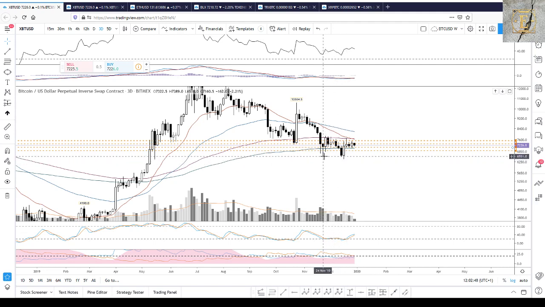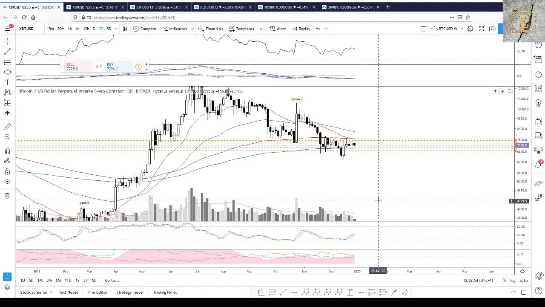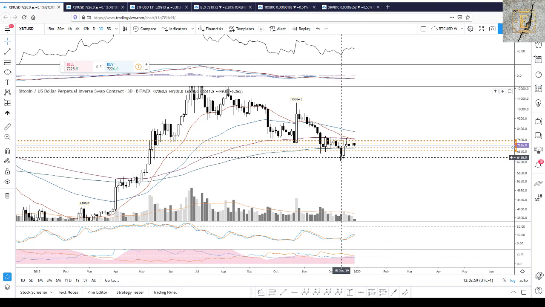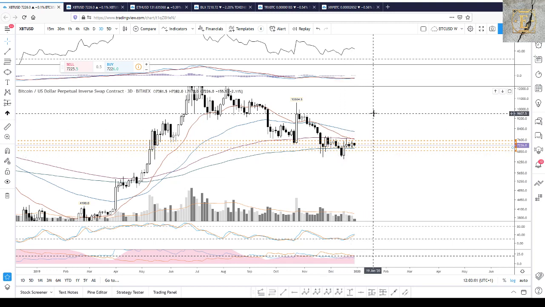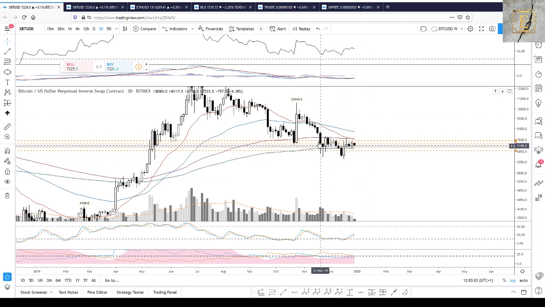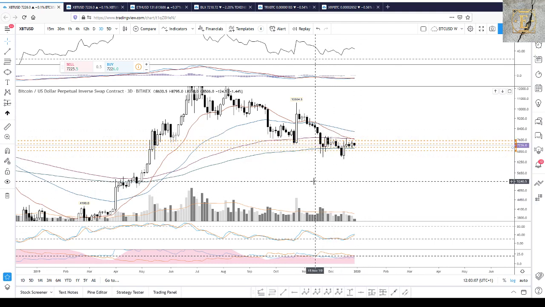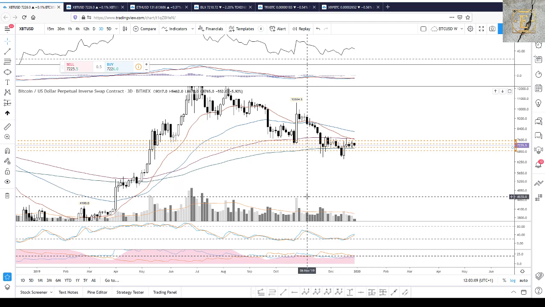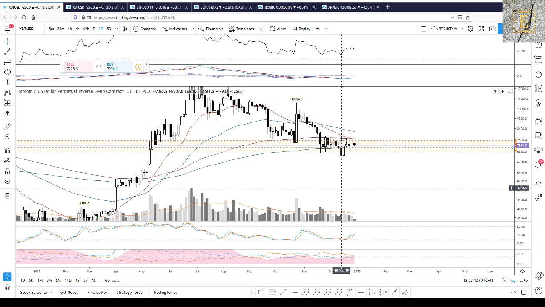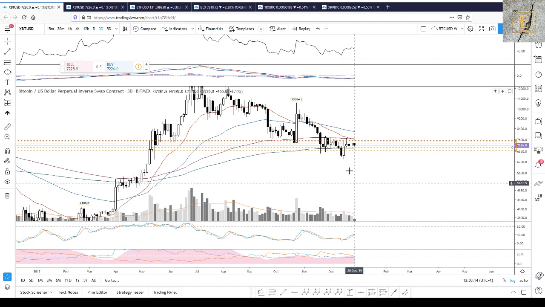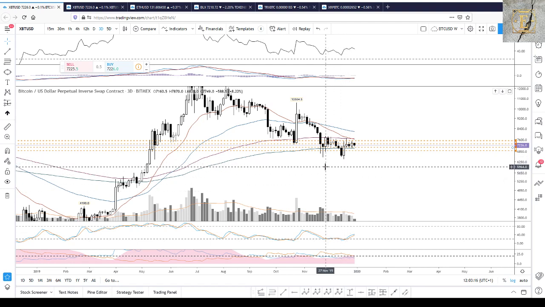This double bottom makes me put the 5K scenario in the second place, because for me at this moment this is good enough to continue a trend. Previous to this confirmation, my first scenario was testing 5K, and now it's the second one because of this construction. Okay, so let's continue